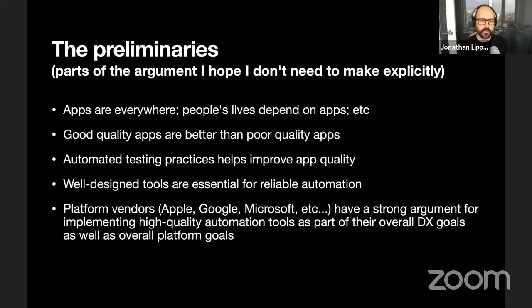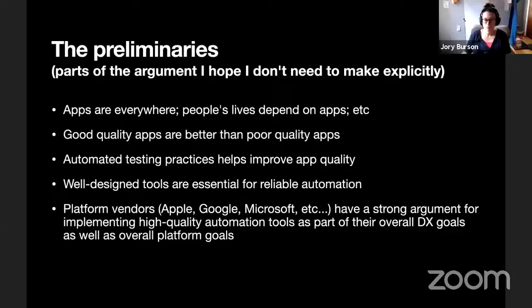The part that I would want to make clear to platform vendors is that in the same way that they're invested in developer experience on their platform, they should also be invested in the tester experience on their platform, to the extent that development and testing are all parts of the same software development cycle that result in applications which can be either good or bad, and will either make their platforms more money or not, right?